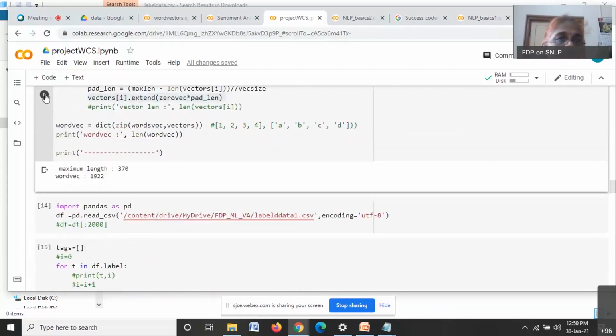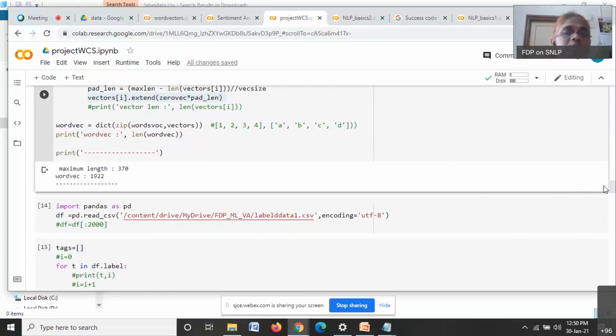So after this, my word embeddings, which take care of word embedding, character embedding, and subword embeddings, are ready. The maximum length is 370, and the word vector size is 121922.